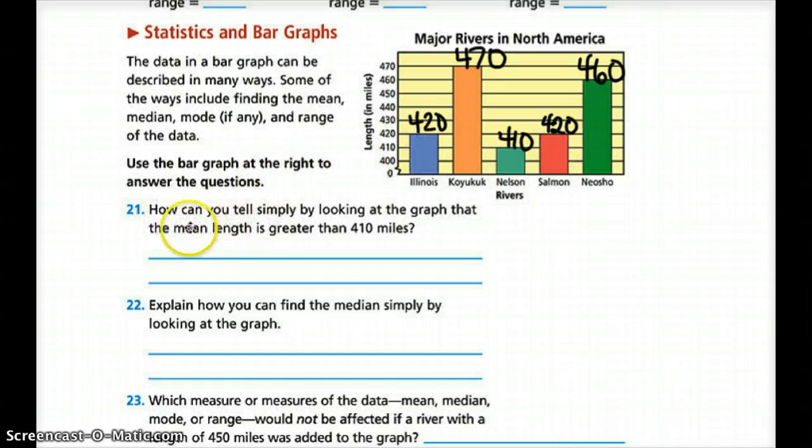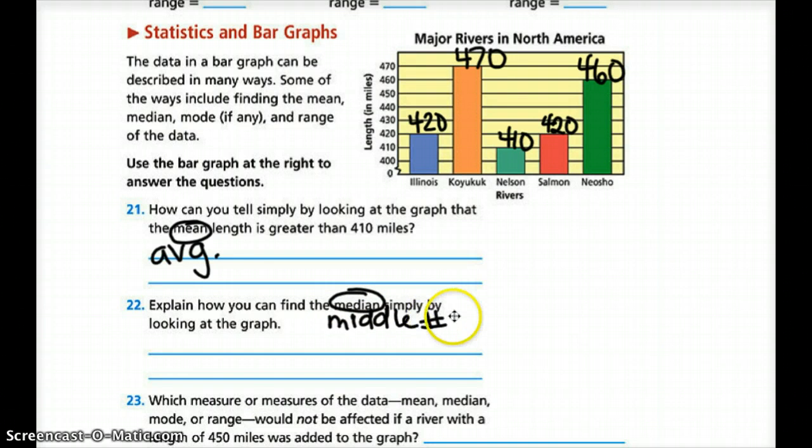All right, so number 21 says, how can you tell simply by looking at the graph that the mean length is greater than 410? Remember, mean is average. So how can you tell that the average number will be greater than 410? Okay, number 22 says, explain how you can find the median or the middle number by using the graph. And number 23,